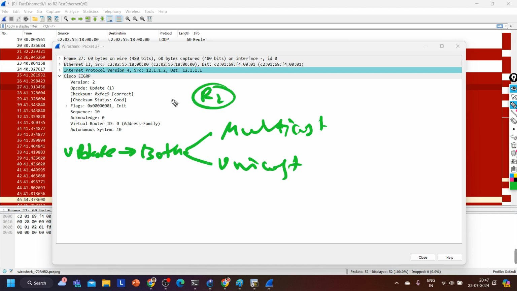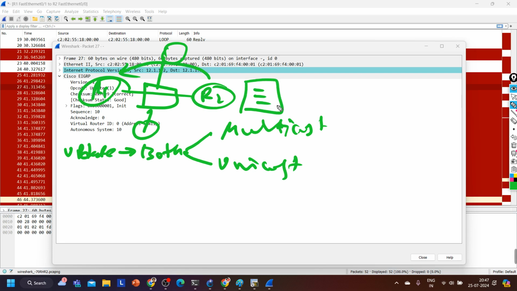Like router 2 wants to check bidirectional connectivity with router number 1. So it will send this message to router 1 only, right? Not like if there are some more routers connected with a switch like this, then it will send to all routers. No, router 2 is checking bidirectional connectivity with router number 1 only. And when it sends on the multicast address, suppose router 2 needs to share some network information, so it will generate a main update message, and this time router 2 needs to inform about that change to all routers, right? So it will send this update message to the multicast address,